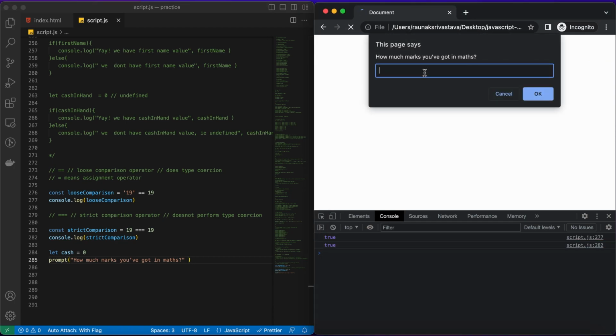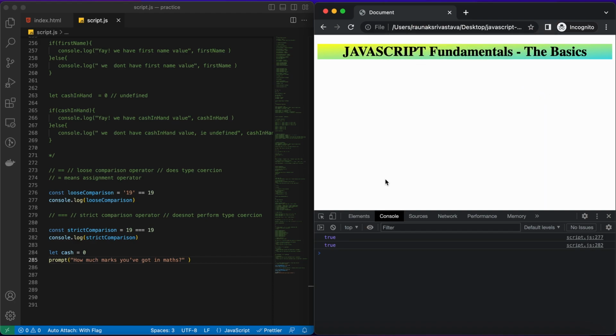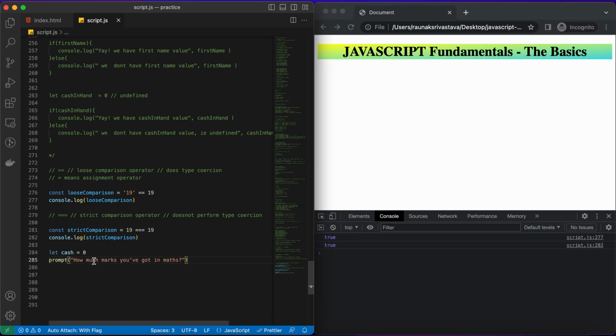Okay, and if I write something, for example 45, and hit OK, then as you can see nothing happened. That window vanished and nothing happened. That is because we have to store the value which is returned by this prompt into some variable. Okay, marks obtained equals to whatever value is returned by this,